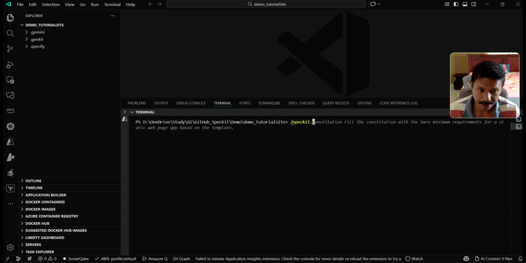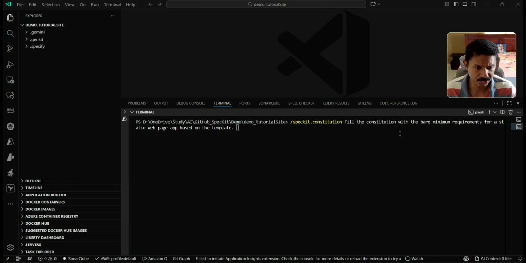It's not happening here. What you see in the grayed out area is something that I had tried before. It's not something that is being suggested by spec it as a tool here, and there's a very good reason why it's not suggesting that, which I will come to in a minute. So essentially I'll just type it in by hand here. I'll just say slash spec dot constitution, and I'll give a very high level